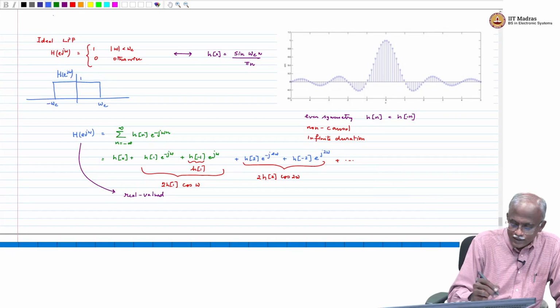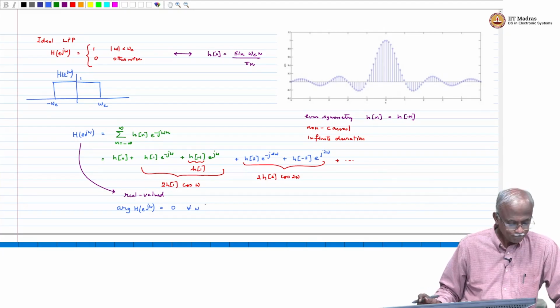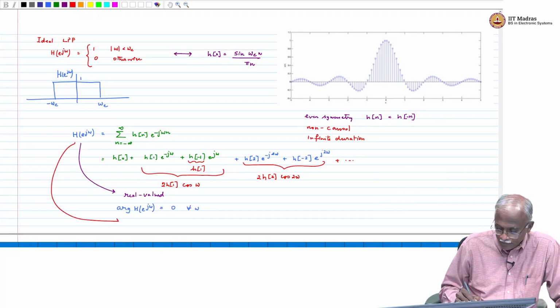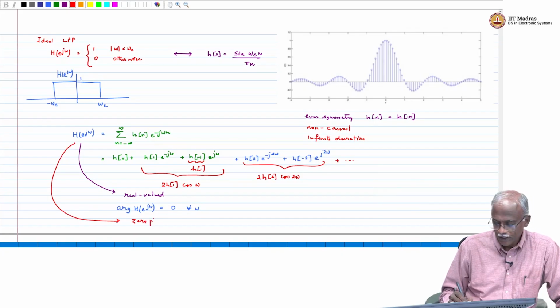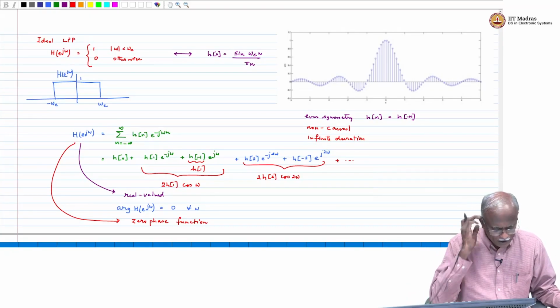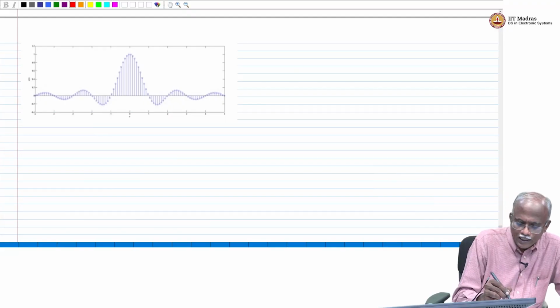Okay, this means that if I ask you to compute the argument of He of j omega, you will come up with a value equal to 0 for all values of omega. So this He of j omega, which satisfies this property, is called a zero phase function. The phase is identically equal to 0 for all values of omega. Very, very important type of function that you will find, and we can explain this a little bit more,